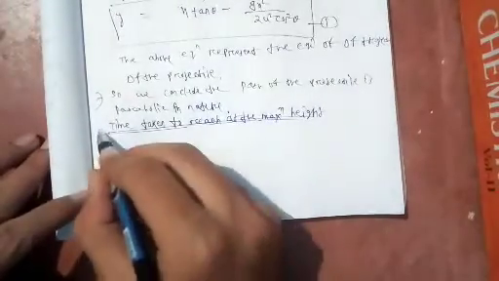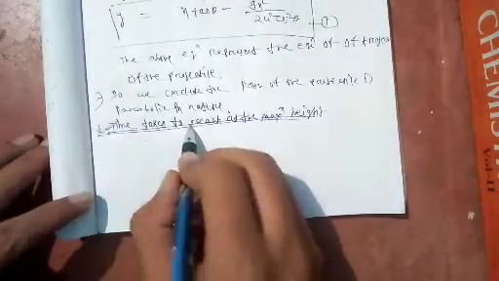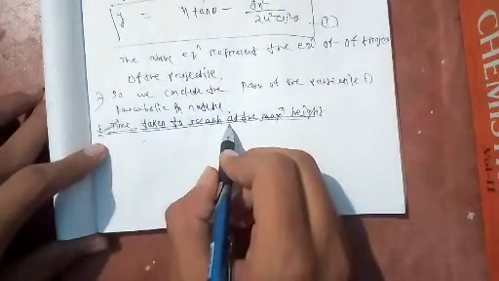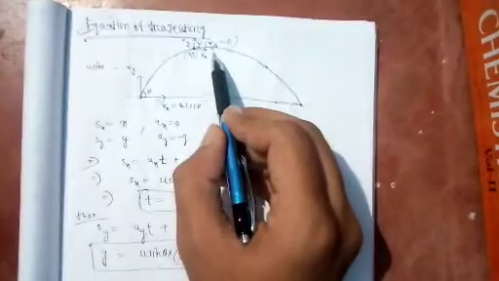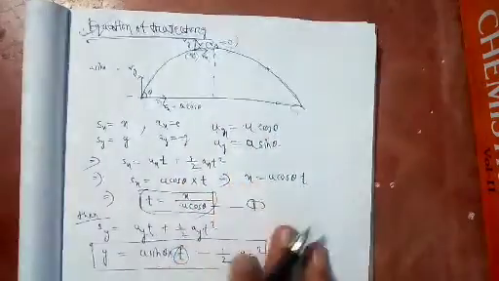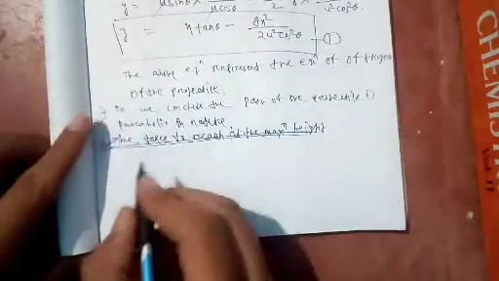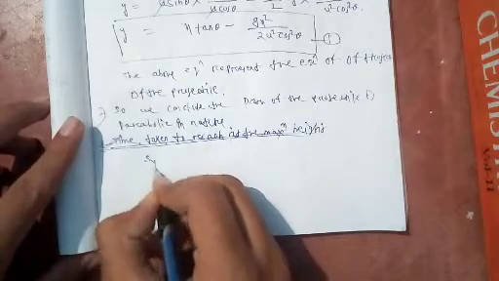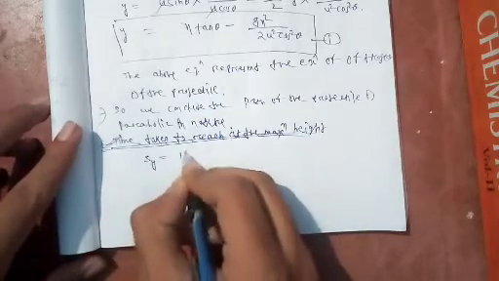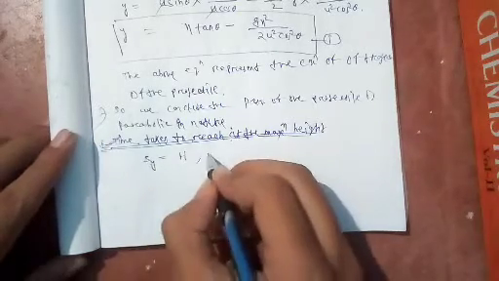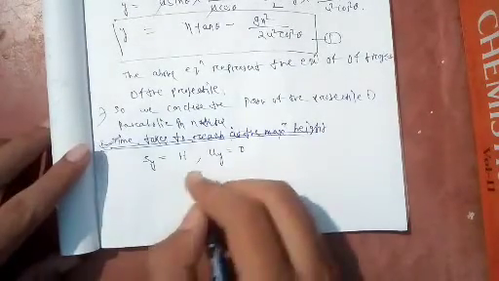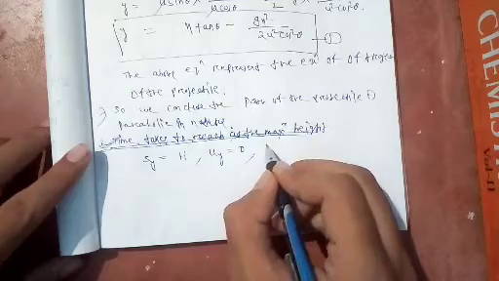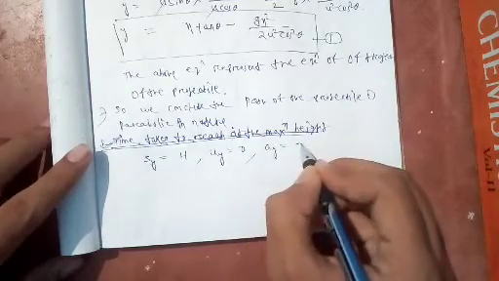Okay, then we will discuss the derivation, that is, the time taken to reach the maximum height, that is, at this position how much time it would take. Okay, then come to the derivation. Displacement in y direction, that is height h. Velocity in y direction, that is 0 at the top position. Then acceleration in y direction, that is g.